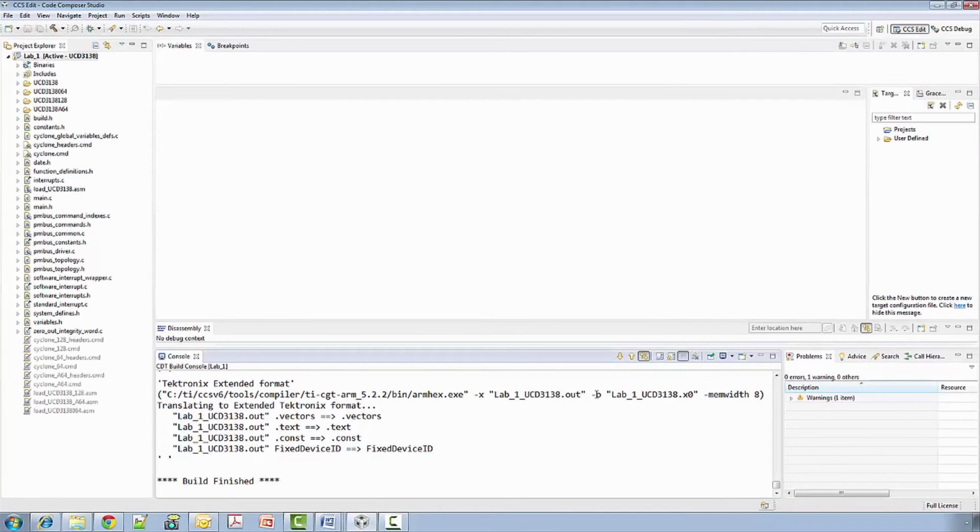Building the project in CCS is only meaningful if the output of the build process can be used on the UCD3138XXX device itself. To find the output file that will be loaded into the device GUI, browse to the directory containing the C source files.